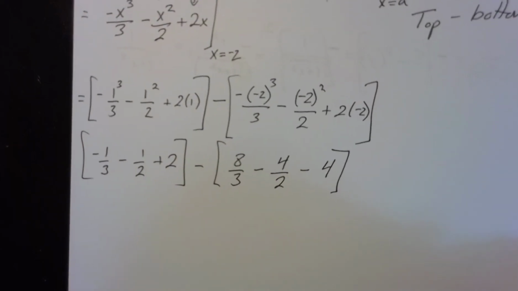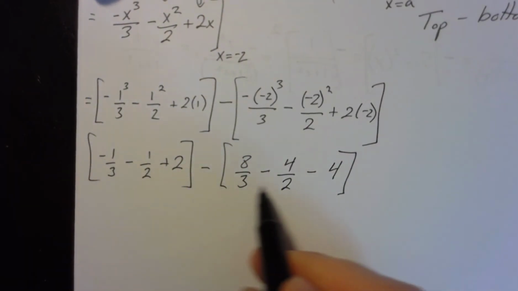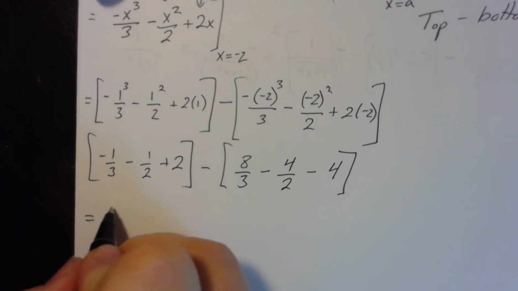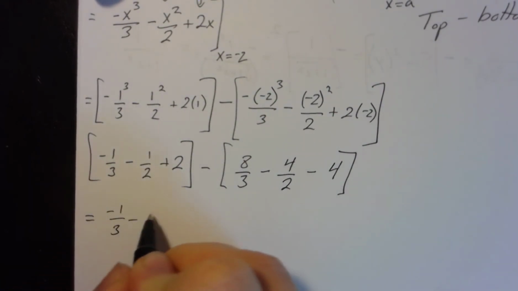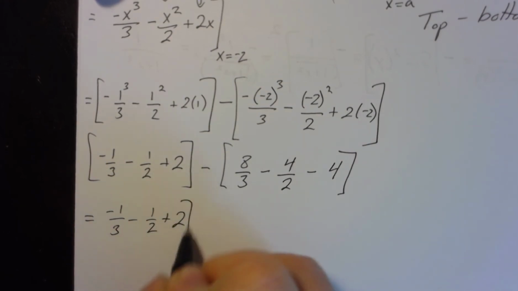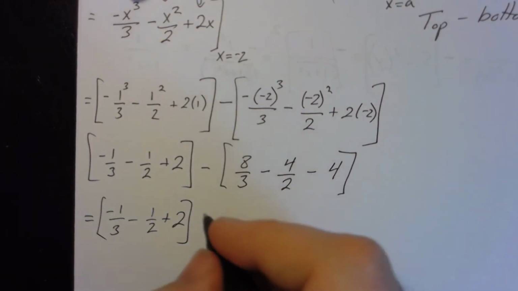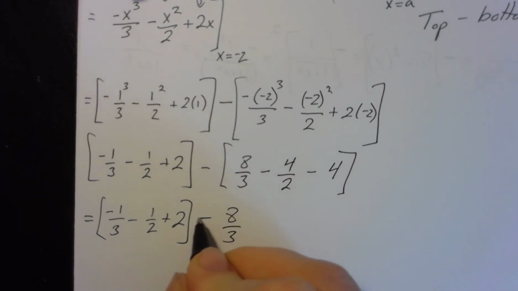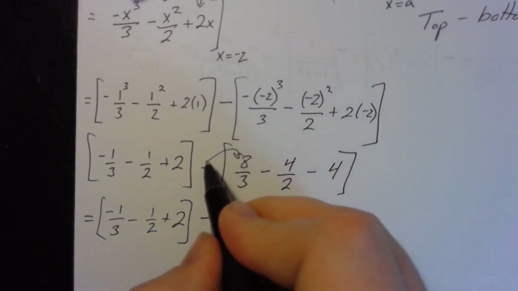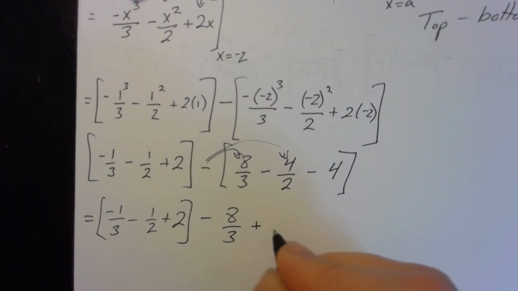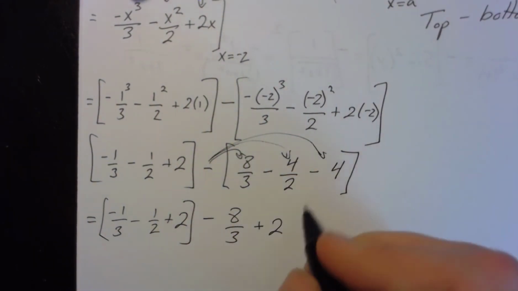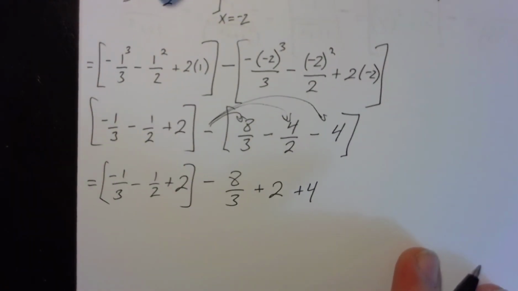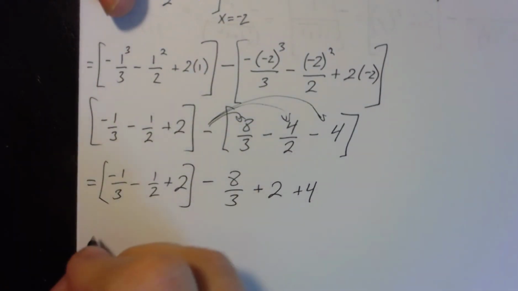At this point, again, if you need to, you can simply type all of these fractions into a calculator and get yourself a number. I'm going to go ahead and simplify it by hand, making sure that I simplify carefully. I'm going to wait on these two fractions just to make sure I don't need to, unless I absolutely need to. Over here, you'll notice I'm going to have 8/3, which I can't simplify down, but I'll distribute the negative to that term there. I will also distribute the negative to this term here, changing this to a positive 2, and the negative to this term here, giving me a positive 4. Now I no longer need any of these parentheses, and I can simplify as I see fit,